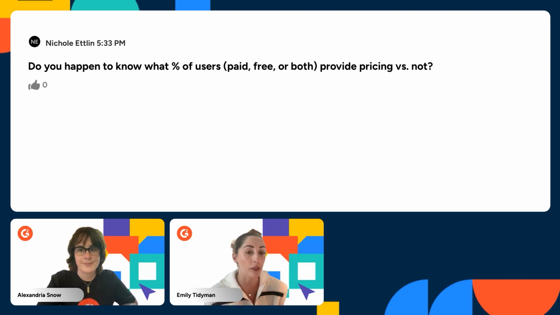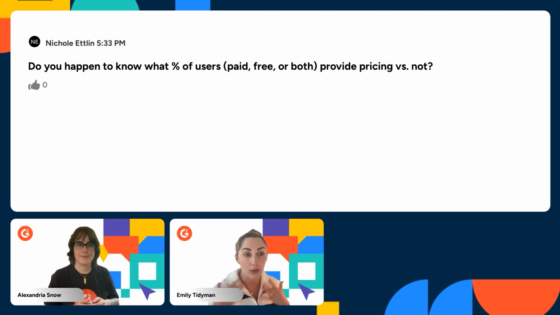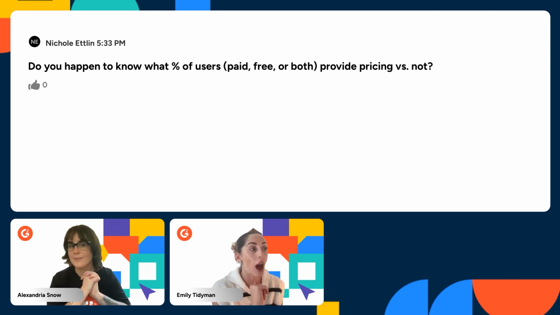And even in those circumstances, we were able to find a way to add pricing details to their G2 profile that allows them to still provide some information, but not obviously disclosing all the details. So Nicole, if that is where you're at, I highly recommend getting creative there with maybe showcasing the different investment tiers. And more importantly, there is a CTA within that section as well.